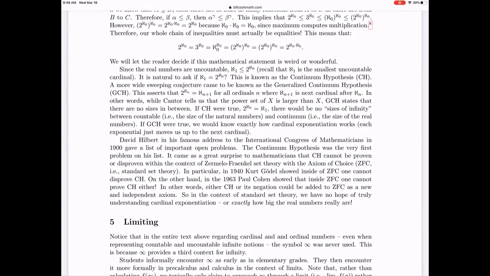And so we get this string, 2 to the aleph null less than 3 to the aleph null, which is less than or equal to aleph null to the aleph null part. Now here's the surprise. Notice that aleph null is actually strictly smaller than 2 to the aleph null. So you might think that top line there, that last inequality, should be a strict inequality, but actually we can't